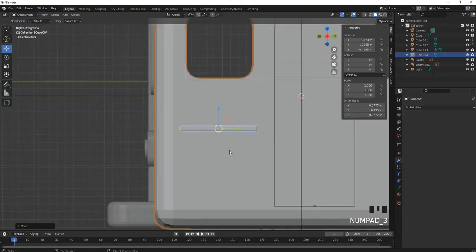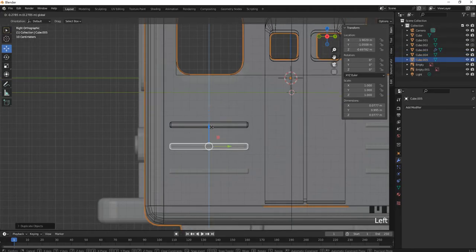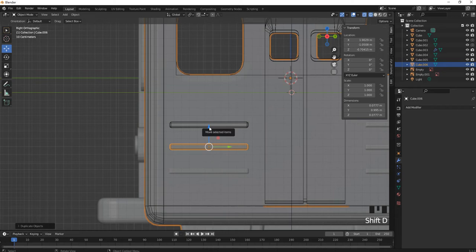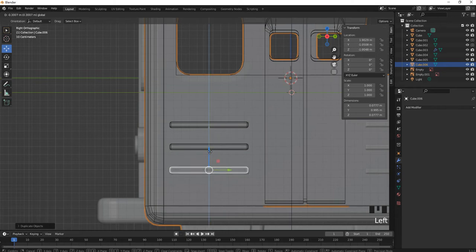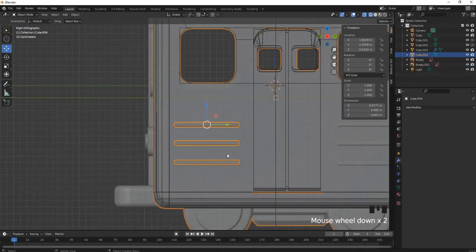Go to the side view, wireframe mode again, and press Shift D, ESC to cancel the movement, and then move this one down. Again, Shift D, ESC, leave the object in the same position, and move this one down. We can select all of them, hold on your Shift key to do multiple selection, and Ctrl J, combine them